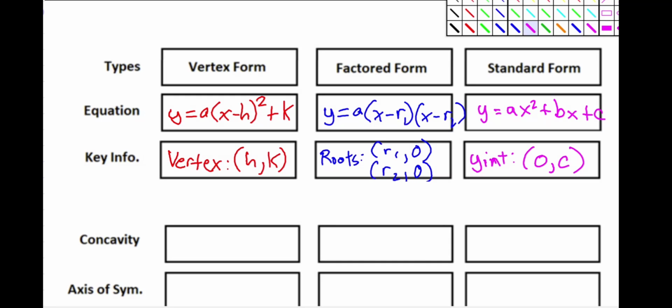Continue on here. So now, let's talk about concavity. Now, you should remember, what was concavity? What told you how this thing opens up or down? Remember, it was always the a value. And what you should notice is that each one of these has an a value. So there's an a in every single form. So how do we know if it's concave up? If a is greater than 0, so if a is positive, the only numbers greater than 0 are positive numbers. So if a is positive, then